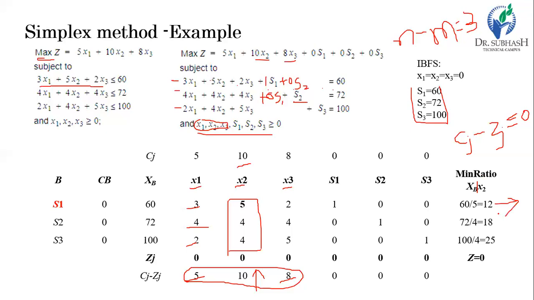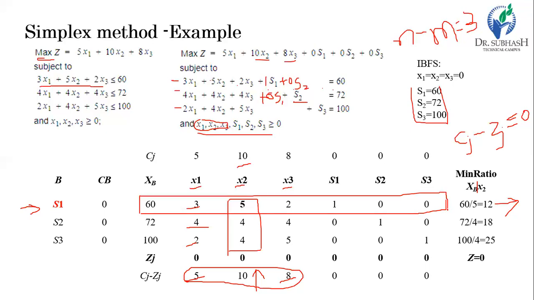From these three outputs, we get the minimum value, 12 here, and the S1 is the variable for which we get the minimum ratio. So X2 will be the outgoing variable in this case, and the related row will be the key row. So we will highlight this key row this way. It will give you an idea, or it will help you to solve the problem easily.